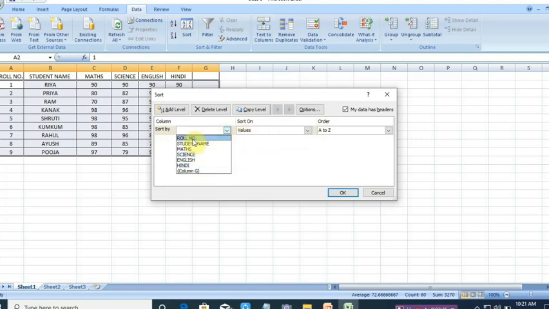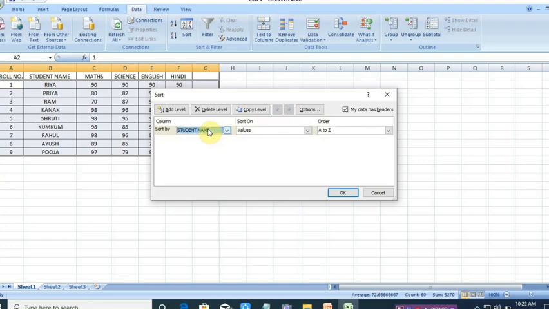So I want it on the basis of student name. As you can see, I have written all the names randomly, but now I want all the student names to be in alphabetic series. Alphabetic series means A to Z.